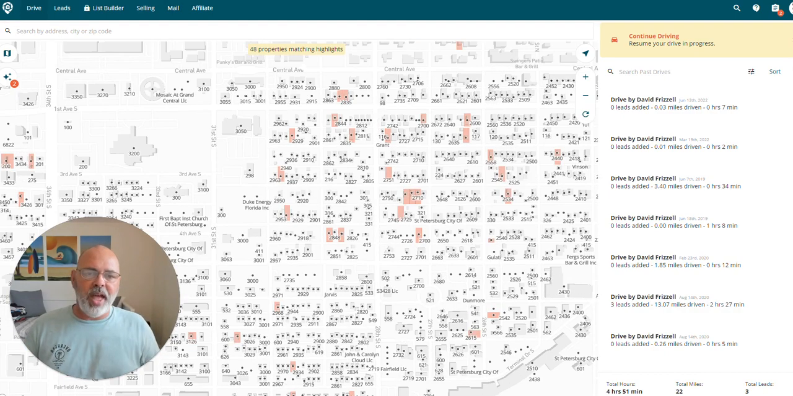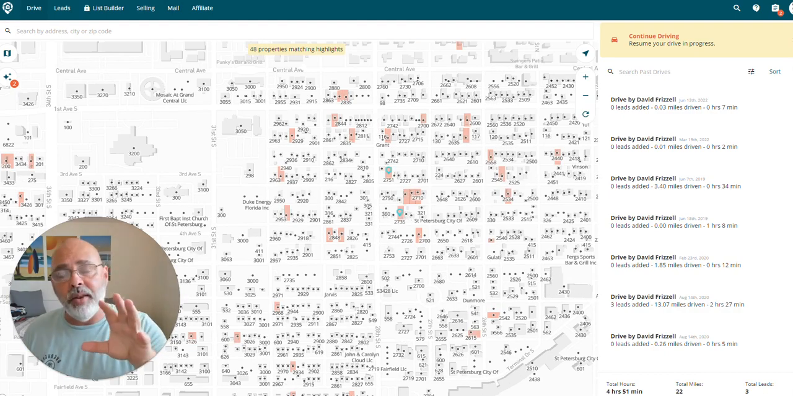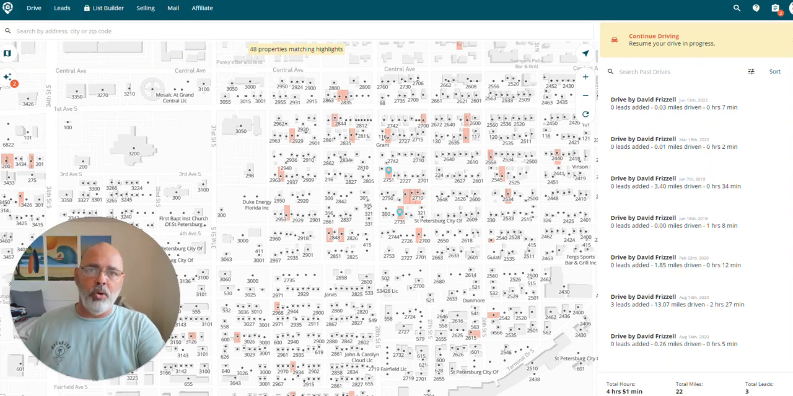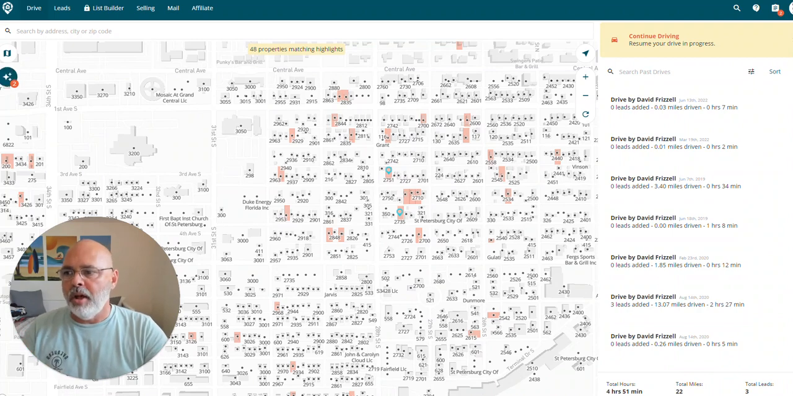Now, the driving tab is what you're going to see if you're on the desktop mode of Deal Machine or if you're on the phone app. When you're driving, you're going to come down each street, and it's going to show you on a GPS where you are on the street, and it's going to show all the properties. Now, you'll see some of the properties here are highlighted, and I've got vacant properties marked on